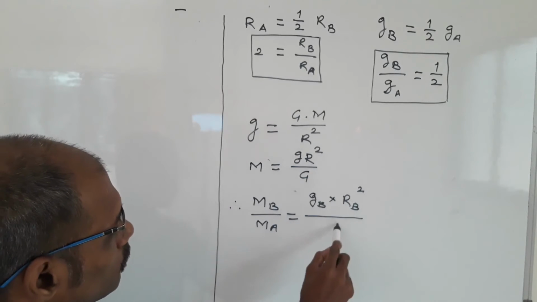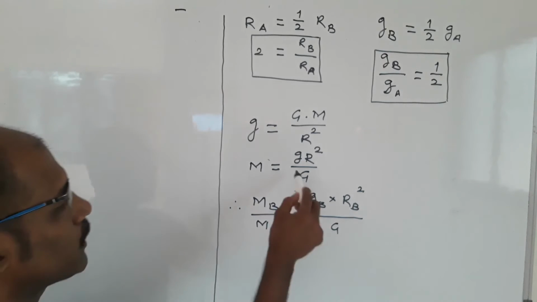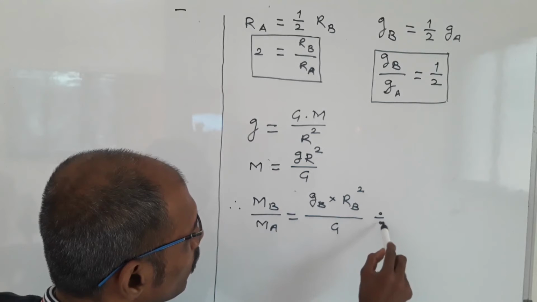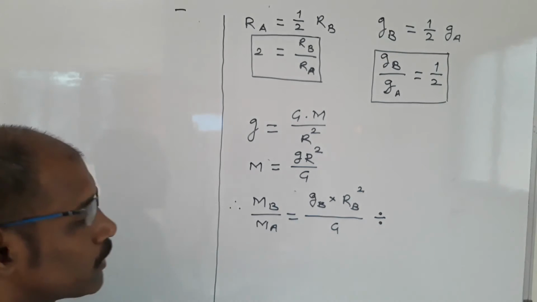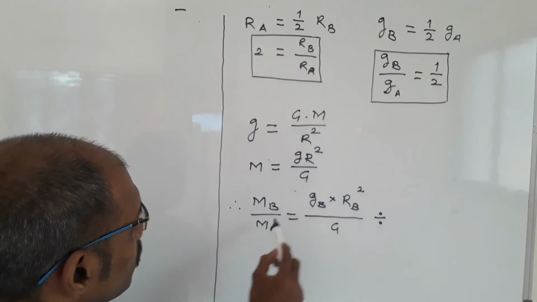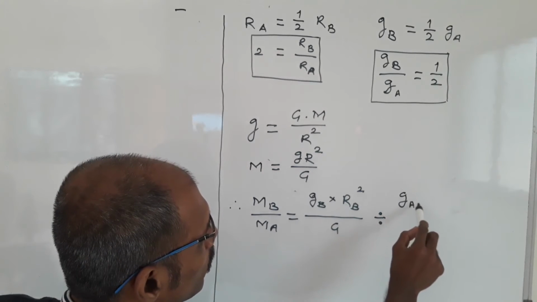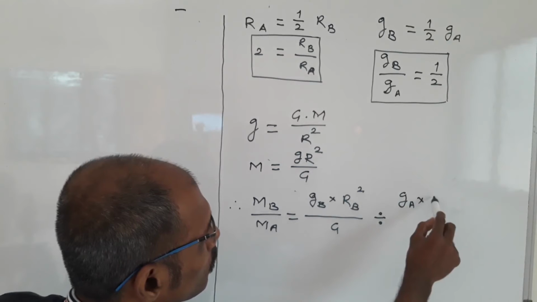Same way we write g as it is. Now division, we write in the simplest way for our convenience. Then for ma we write ga into ra